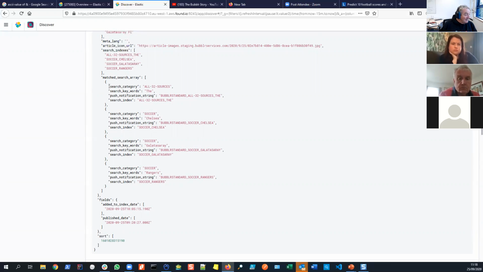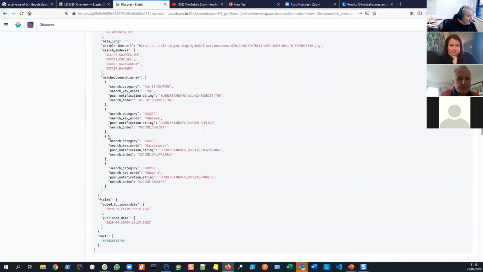We've got a search category here, which is all sources, which is -1. This is really annoying me actually, because I told Dave that he should have got rid of this. It's got a search keyword of "the", which is wrong. We're in the process of getting rid of all these little words, and I thought Dave had done it, and he hasn't. So we'll skip past this, but I've already flagged there's been an issue.